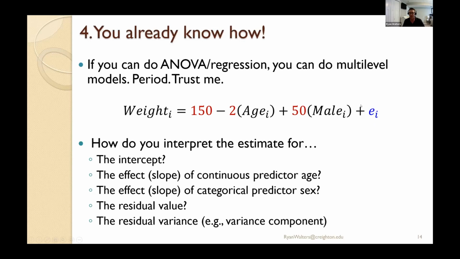The residual value is going to capture the deviation of what's predicted in this model for the means from what was actually observed. And then the residual variance is going to collect all those residual values and tell you how much remaining variance exists in weight. Is there remaining reason why a specific person had a given body weight?